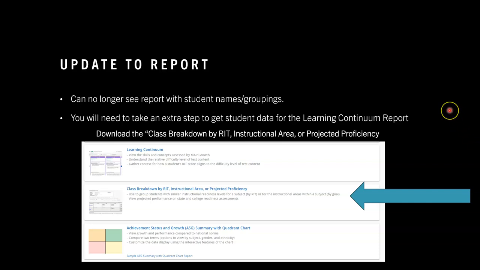All right, so you're probably thinking, do I have to go in and get each student's RIT score? How can I do this in a meaningful way that kind of matches what the learning continuum used to be, where you could have lists of students that were incorporated into the report? They've updated. We can no longer see student names or groupings in the learning continuum, but there is a way